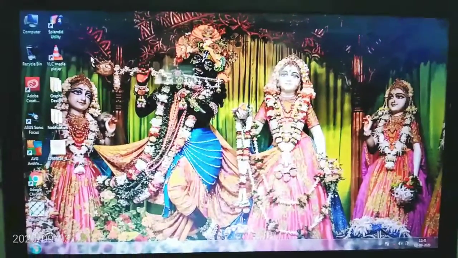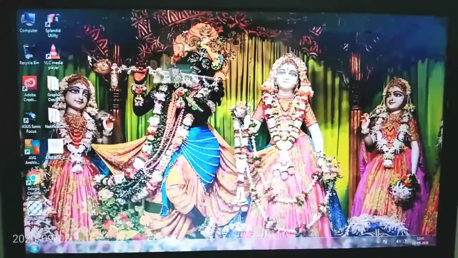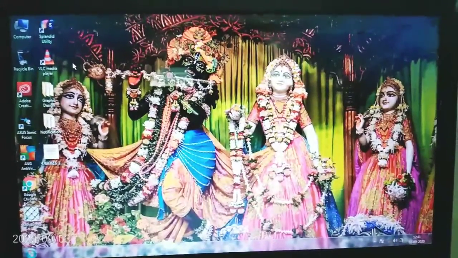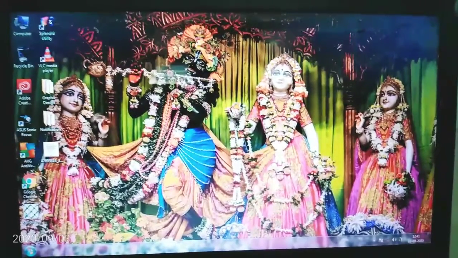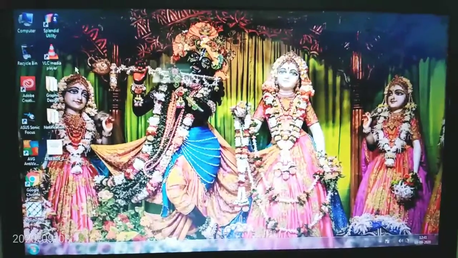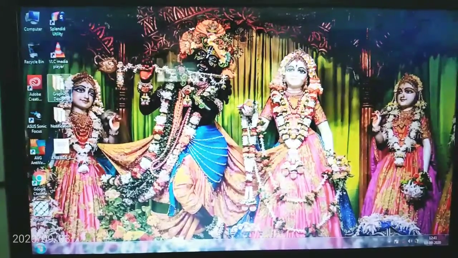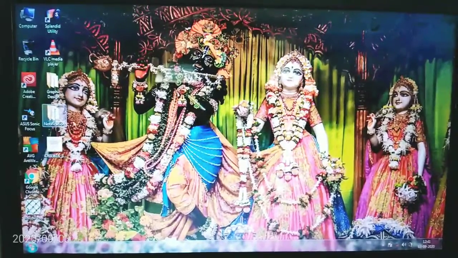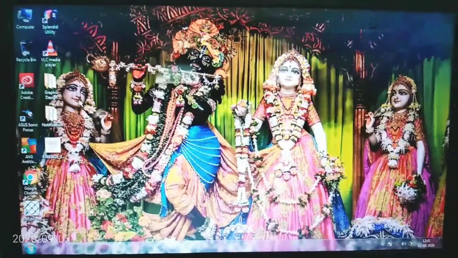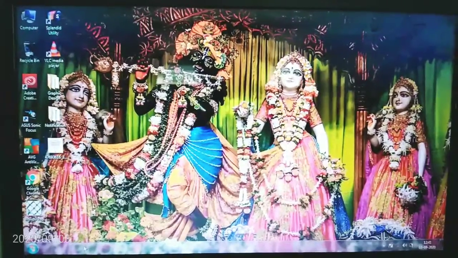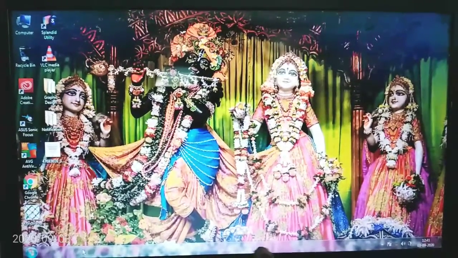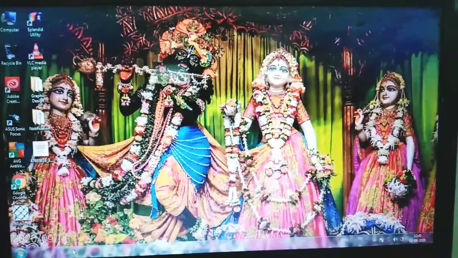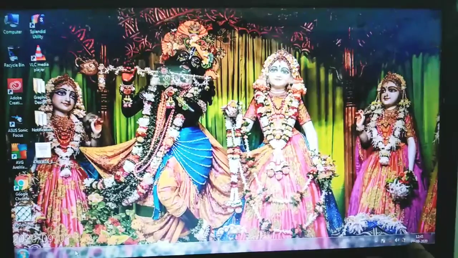Now let's understand this with the help of the real computer. Here you can see this is the desktop. This is the wallpaper. Here you can see all the icons: computer, recycle bin, Adobe. The small pictures on the desktop are called the icons. This thing is known as the taskbar. Then you can see small icons also in the taskbar.